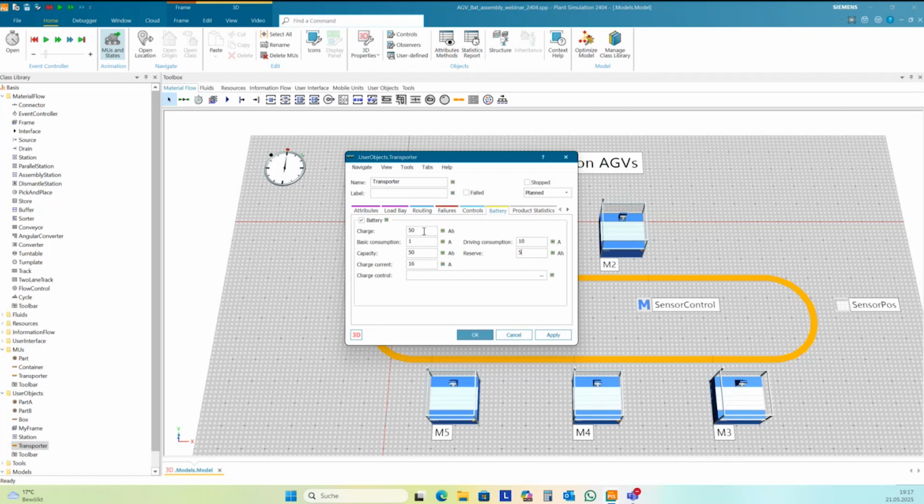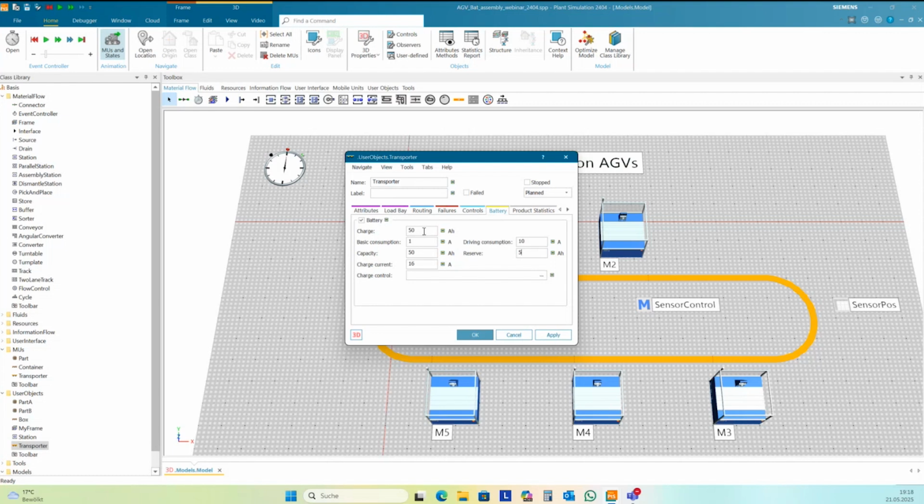So you can use the time that you have between reserve and 0 to load your HEV. For instance, if you have certain loading places, then you can set a new destination and drive to this point where you can load the HEV.